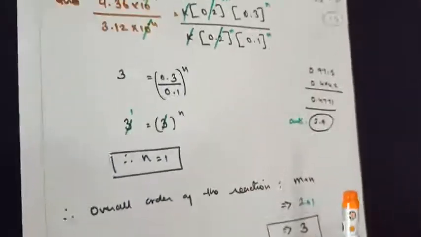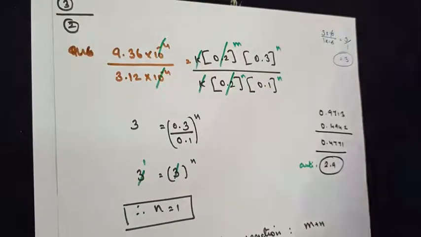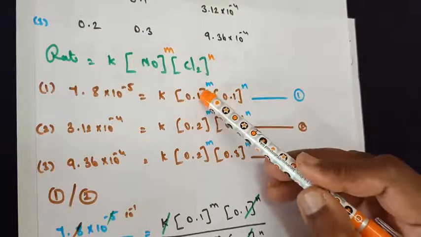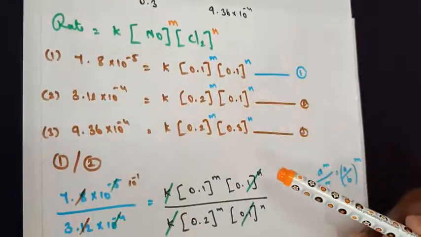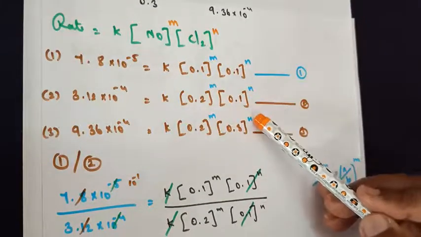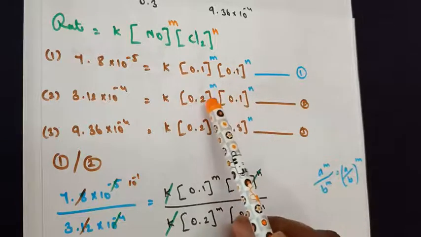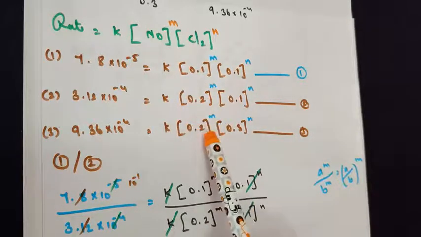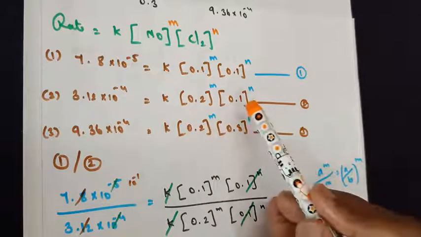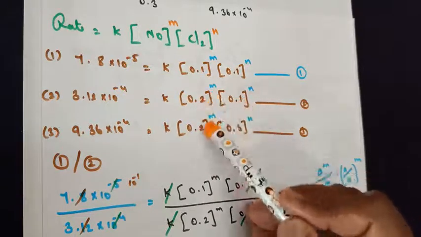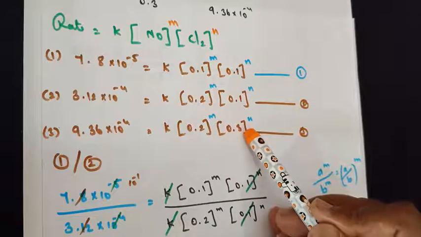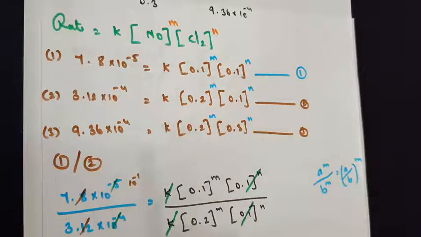Now let's repeat the same step for the n value. Now in terms of n, these two you divided, you got the value of m. Now look at the next thing. Now we have to calculate the n value. If you look at it here, now m value is the same, 0.2 and 0.2. So what can we do? We can write it as, now these two terms if we take 2 and 3, we can find the value of n. Here again a small trick to be followed.